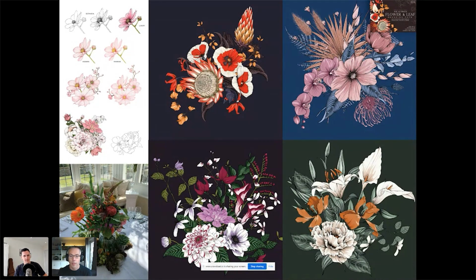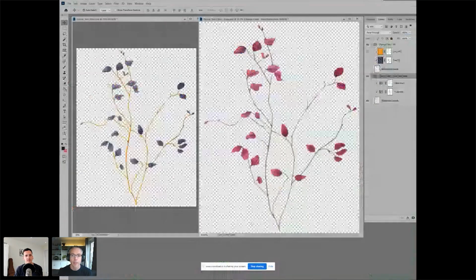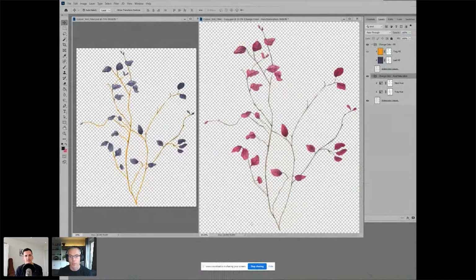different colorways. But as well as that, we're like, well, wow, wouldn't it be awesome if you could actually recolor the florals? Because one of the things about these floral packs is you get them and they come in one colorway. Yeah, they're really rigid quite often. Really, yeah, absolutely, really, really rigid. So Chris did a load of awesome work and testing, which she sent through a test file here.